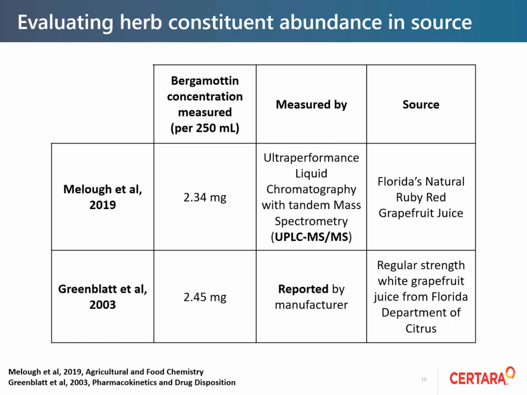And because of the huge variabilities that I've mentioned previously, I need to make sure that when I do select herb-drug interaction studies to use, I need to use a consistent source of grapefruit juice so that I can also consistently estimate bergamottin that might be in them. So ideally, I would have a source that would use the exact same type of juice that we know the bergamottin concentration for, but this also helps create an inclusion criteria. So for example, having ruby red grapefruit, 100% pure juice, regular strength grapefruit, and so on, so that I can filter down relevant herb-drug interaction studies.